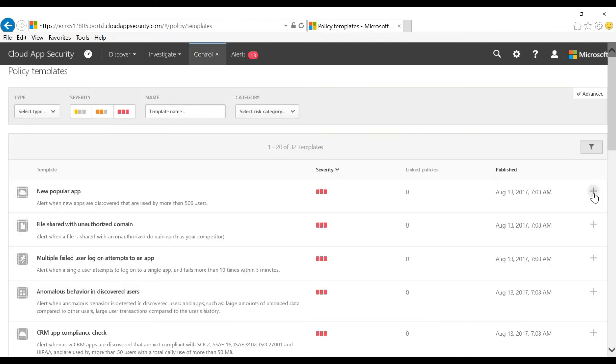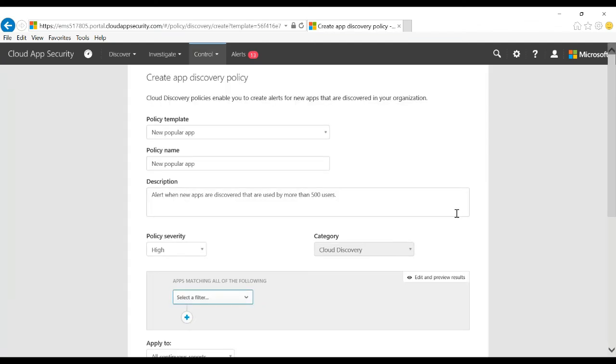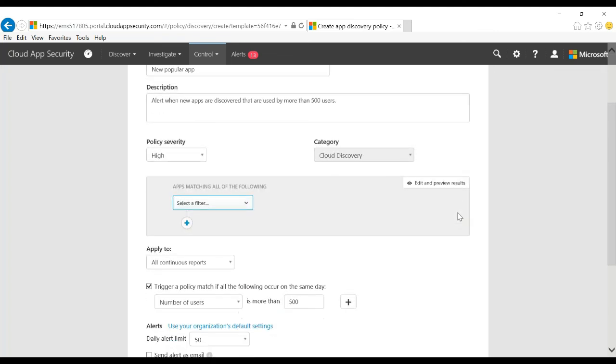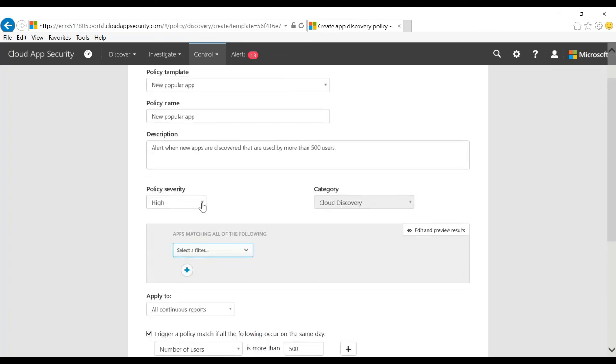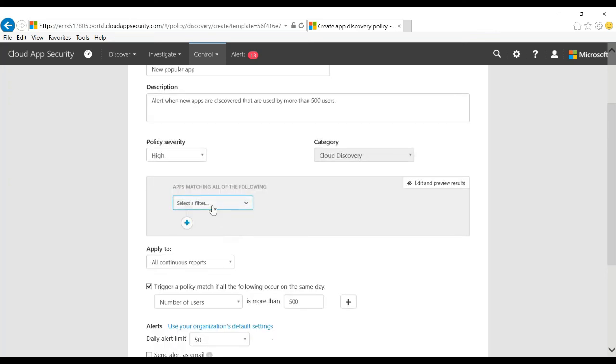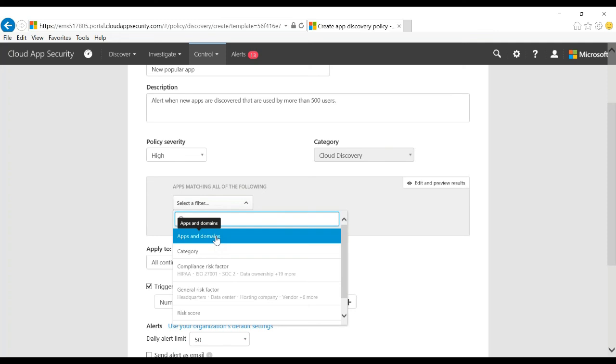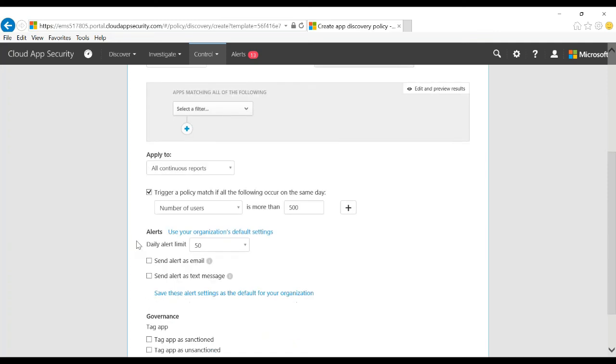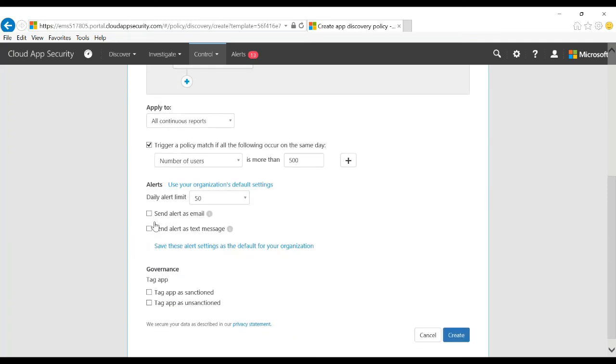Sorry, I'll just jump back to the templates and give you a quick example. For example, if we were to look at the types of controls when we create these templates. So not only are we setting the severity, the category of the policies we want to define, and the filters by which we want to analyze and interpret the information, we also have additional options here as to what happens